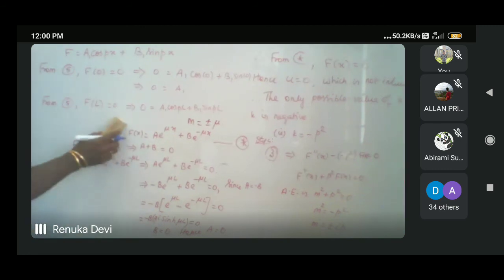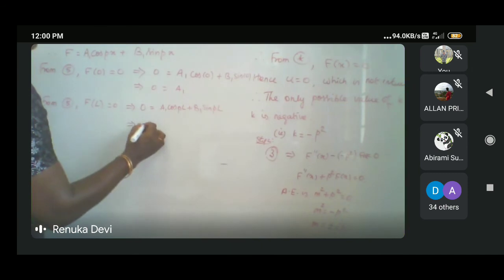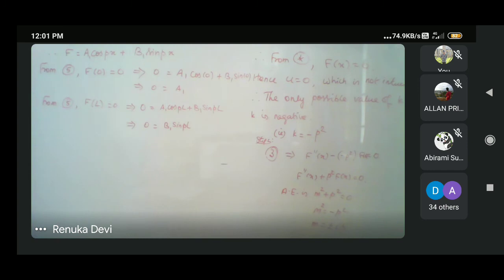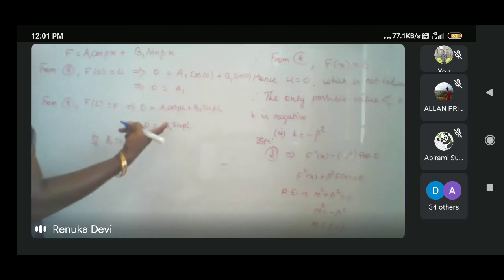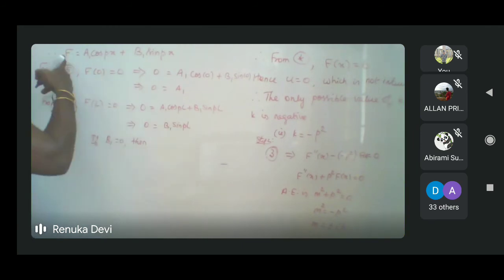Since a1 is 0, therefore this implies 0 equals b1 sin pL. Okay, if b1 is equal to 0, then with a1 0 and b1 0, in that case,